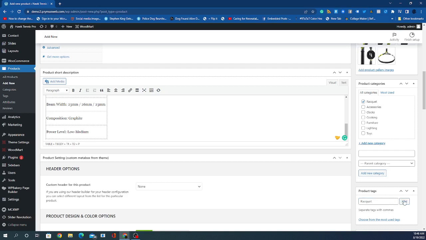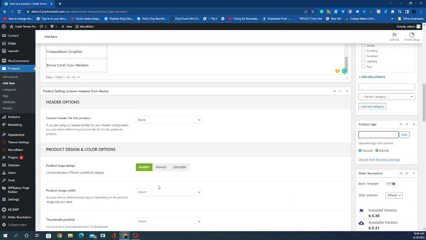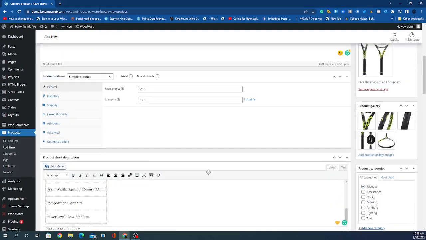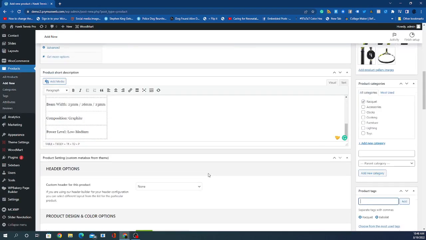Okay, we're gonna add that, and then we're gonna add the brand name. So this is a Babolat racket. Now the tags are going to be whatever you choose to put, okay? So when we see this as a product illustrated on the product display page, I'll show you how all of